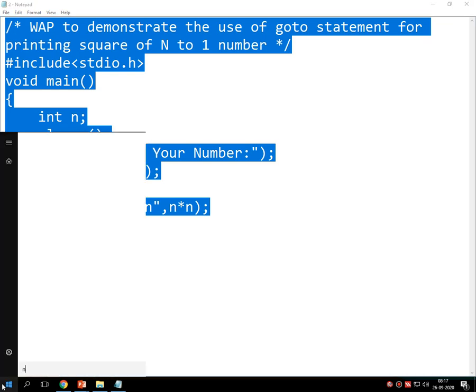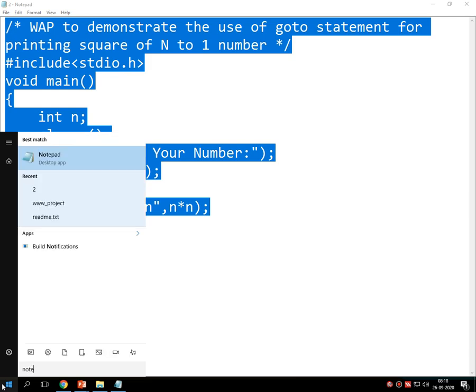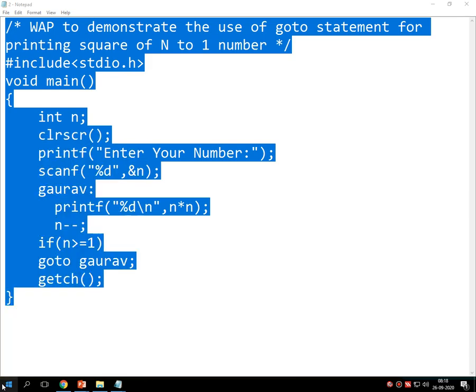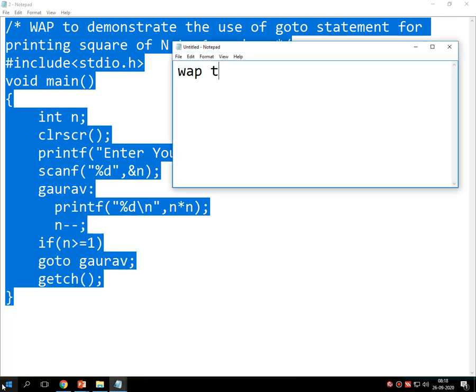So far we have done two programs that you have to mention in your journals. Let me write over here. Write a program to print n to 1 number using goto statement. This is my program number 1 in today's session.